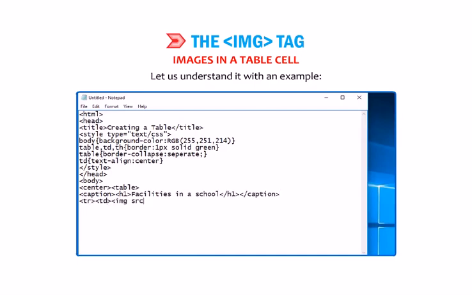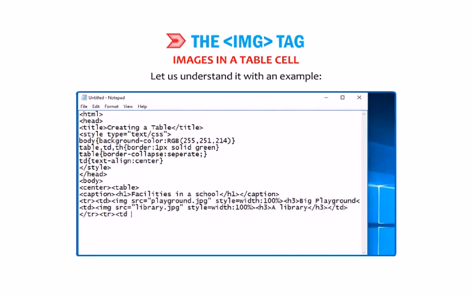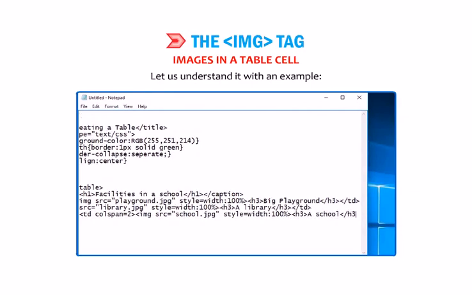<tr><td><img src="playground.jpg" style="width: 100%"><h3>big playground</h3></td><td><img src="library.jpg" style="width: 100%"><h3>a library</h3></td><td colspan="2"><img src="school.jpg" style="width: 100%"><h3>a school</h3>